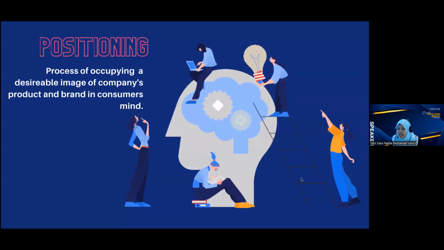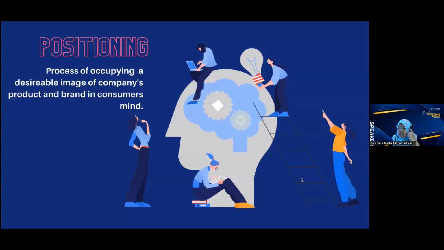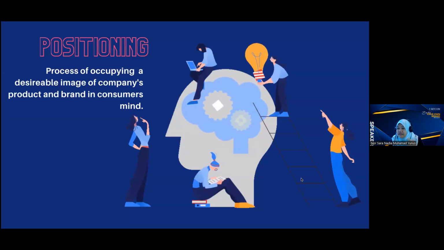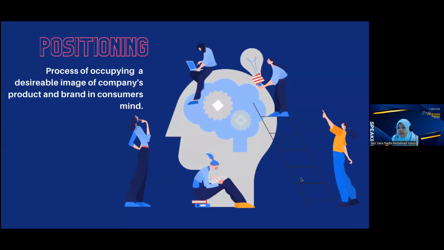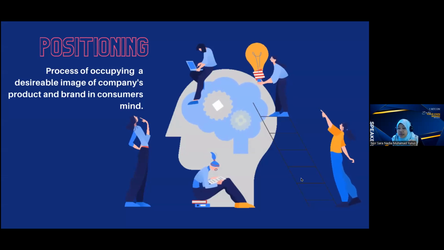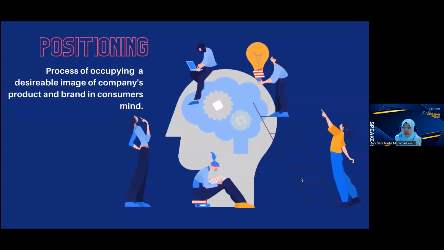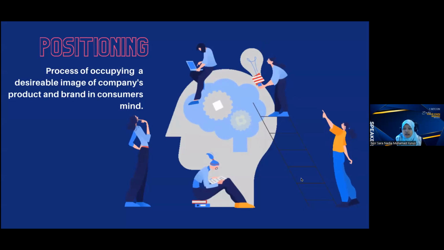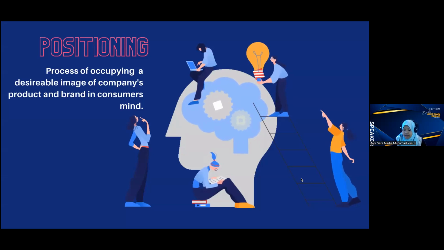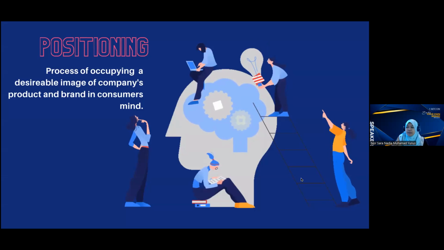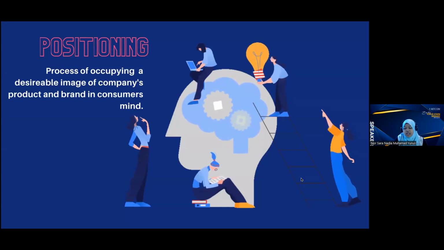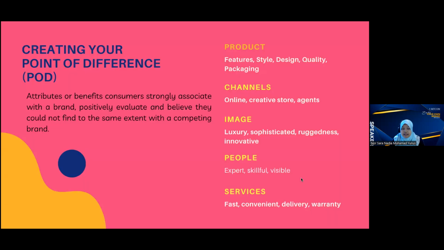Because these two companies, they had successfully positioned in the mind of consumer the benefits that they have, the logo or the other brand elements to utilize consumers' mindset. Kat sinilah cara the best for us to make sure that customers can actually keep on remember and recall our brand. Okay. In positioning, what are the things that we are going to position in the mind of consumer? We will position something that is different. Takkanlah kita nak position something yang sama je. Oh, burger tu dengan burger ni sama sedap je, biasa je. Okay, so tak boleh. We have to be different.